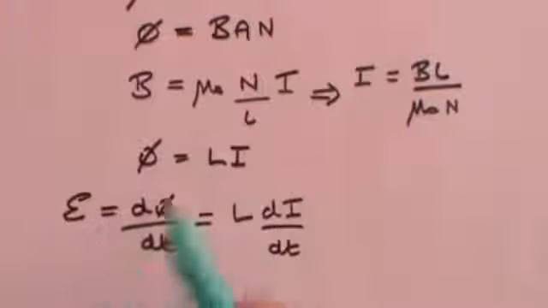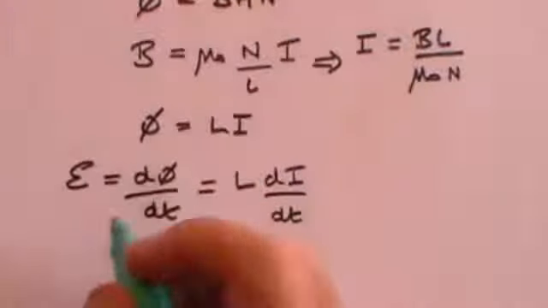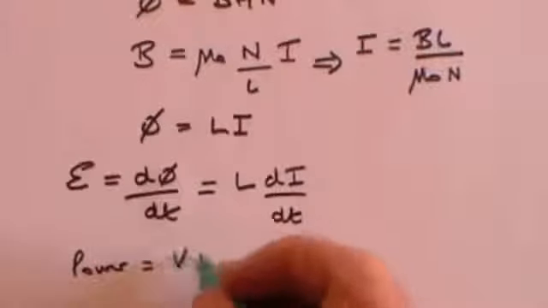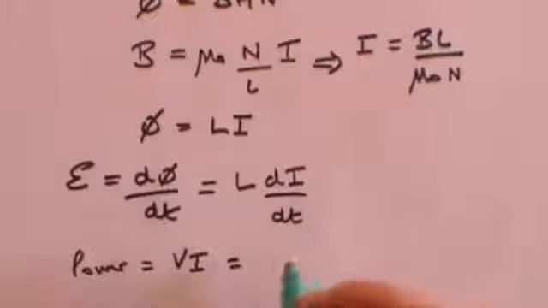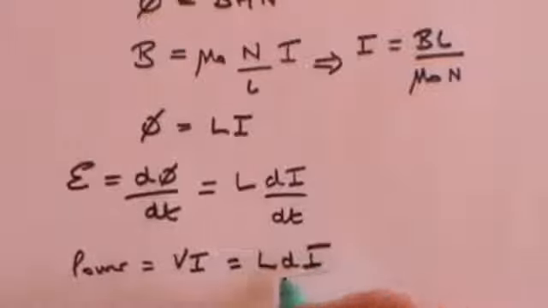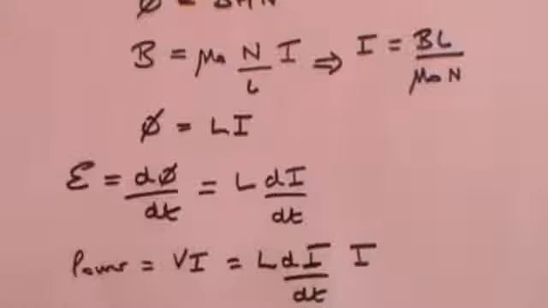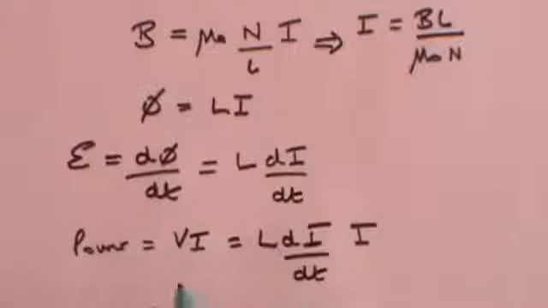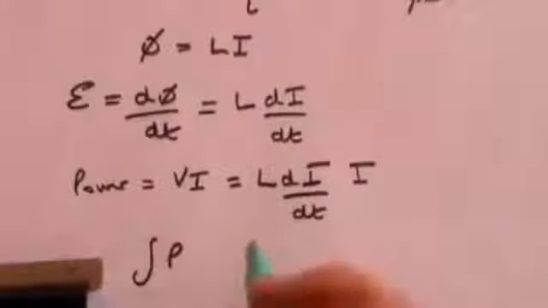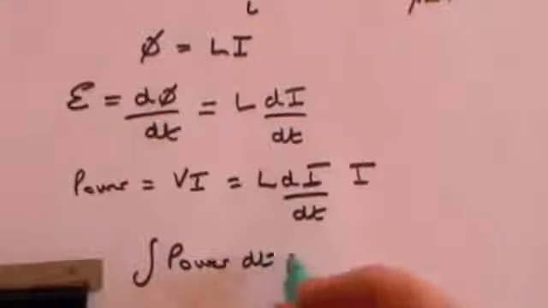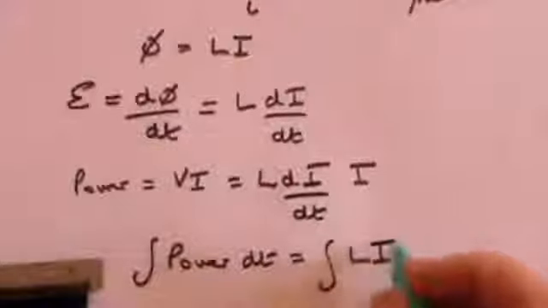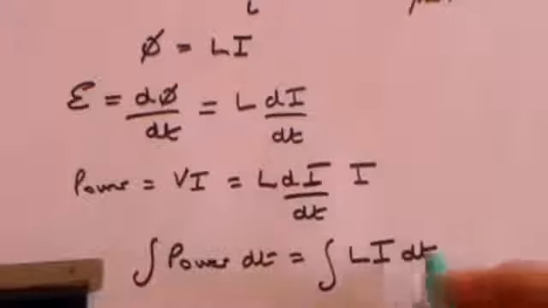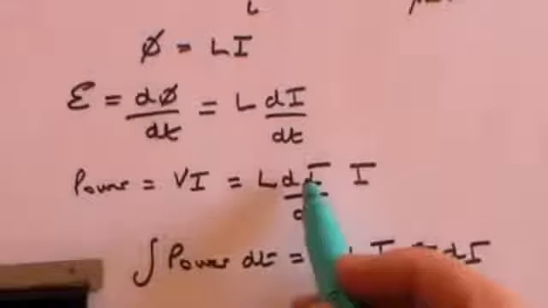and then you get a changing EMF. And then we say that power is voltage times current. The voltage of course is the EMF, so that is L di by dt times the current, I. Now we can simply create an integral by taking the dt up here. We get that the integral of power dt is equal to the integral of L I dt, sorry, L i di, the di term is here,